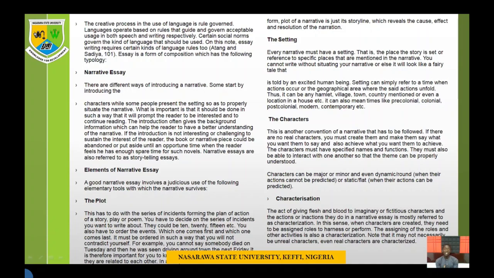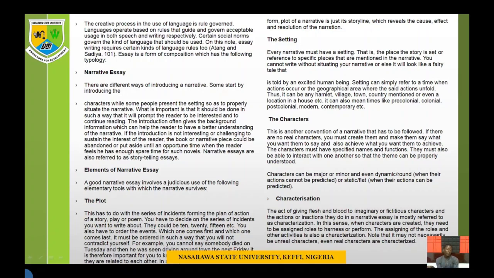If the introduction of the narrative is not interesting or challenging enough to sustain the interest of the readership, the book or the narrative piece could be abandoned or put aside until an opportune time when the reader feels he has enough time to go through it, or to go further, which can also be referred to as a novel. So a narrative essay in a nutshell is also known as